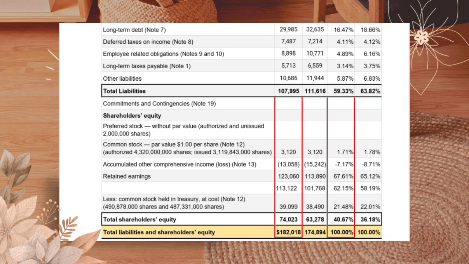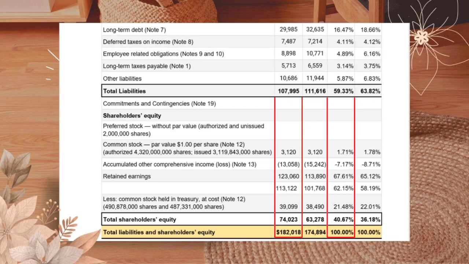Since we already have the subtotal for 2021, which is 113,122, we're going to less the common stock held in treasury at cost, which is 39,099. The result will be 74,023. As for the rate, we already have the subtotal for the rate, which is 62.15%. We're going to less the common stock held in treasury at cost in percentage, which is 21.48. Then the result will be